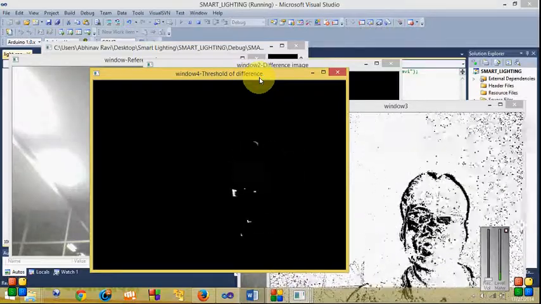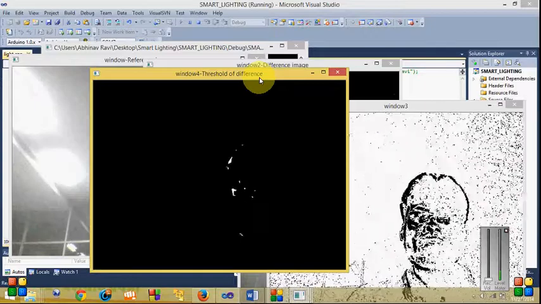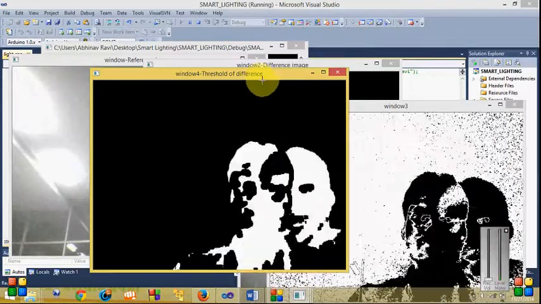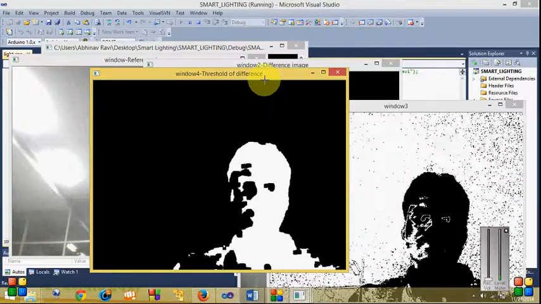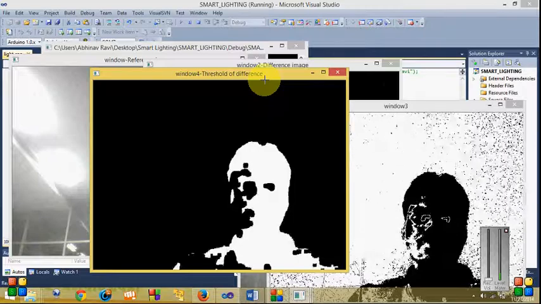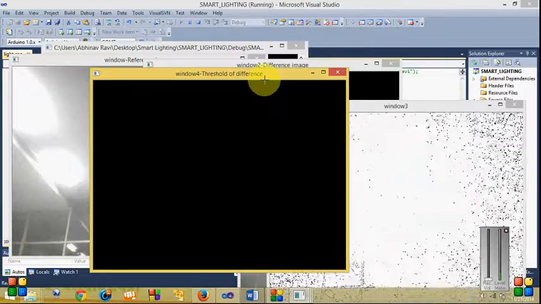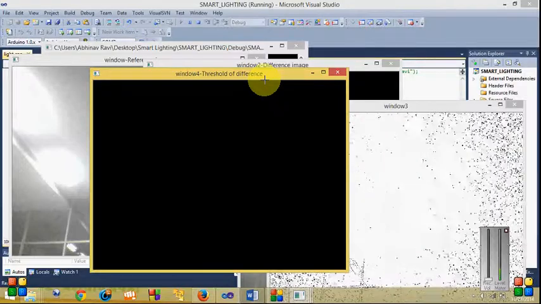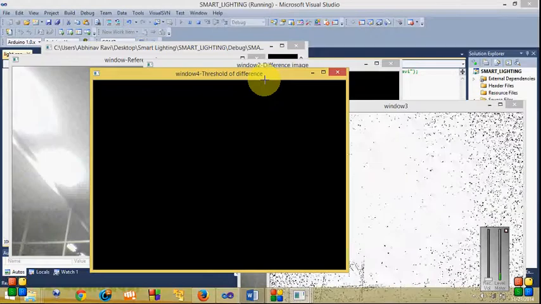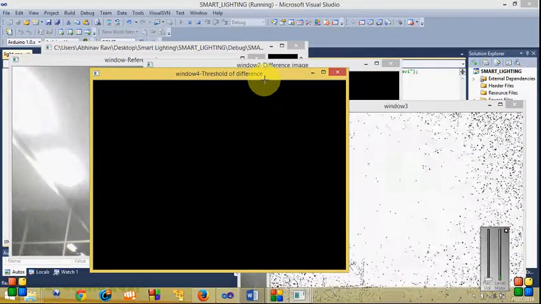As you can see, if I merge myself completely with the original image, the complete thing will go black and no white dots will remain ultimately. Let me show it once. After 10 seconds, this image is updating. So as you have seen, the lights will be off now, as there is no difference between the threshold image, that is the stored image, and the incoming video frames, as I have removed myself in front of the webcam.